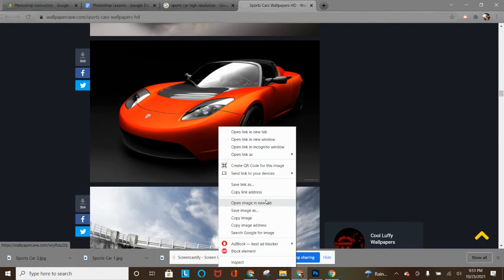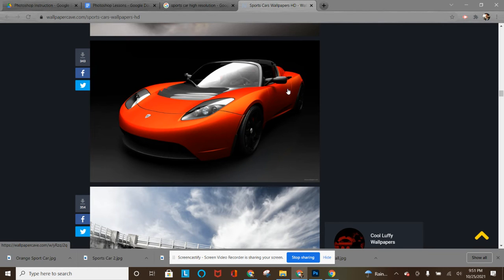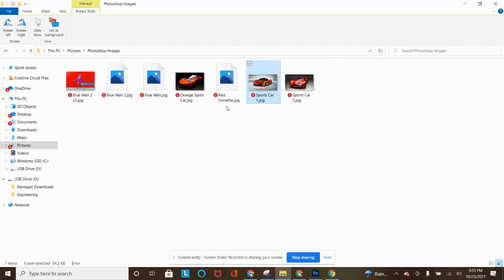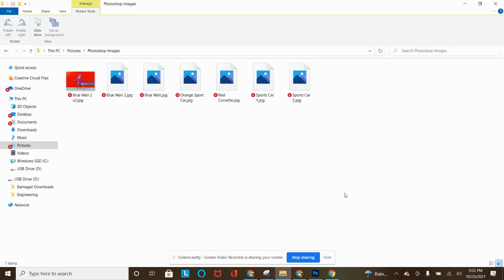No, let's just save this one so you can see it from start to finish. This isn't really orange, but I'm going to call it that so I can see it. And whatever photos work here, I'll give you a copy of. Wherever you download to, for me specifically, it's going to be orange sports car. I have it in my pictures folder, and in the pictures folder, there's the Photoshop images. I've downloaded to here. I can then drag and drop